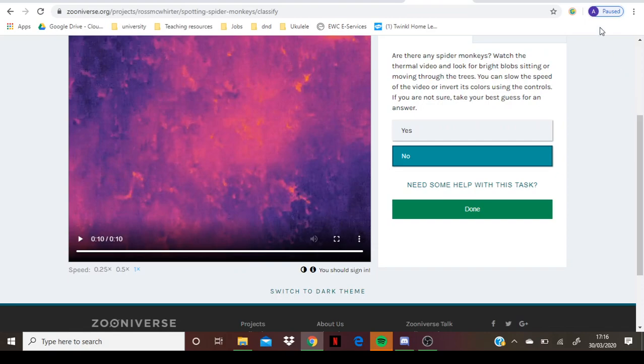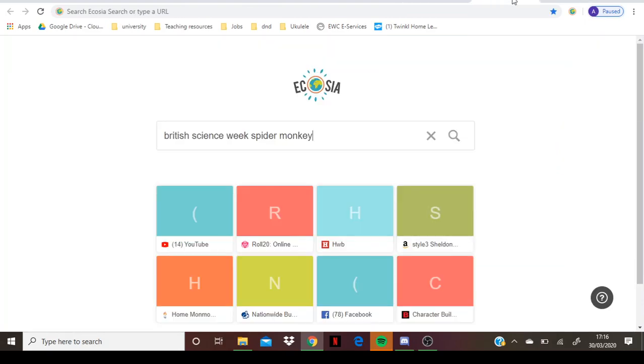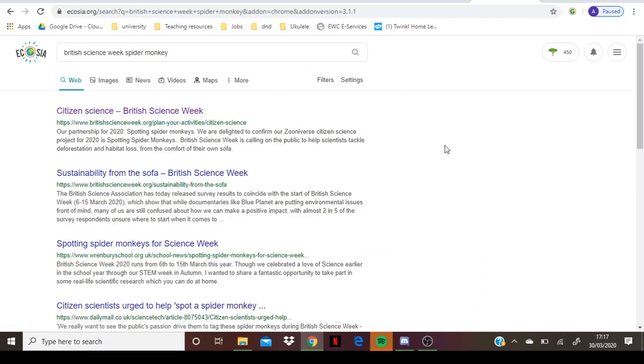If it doesn't work, because I know some of my links haven't worked, then I use Ecosia, but any search engine would do the same. Just type in British Science Week spider monkey, and when you're looking for Citizen Science British Science Week,